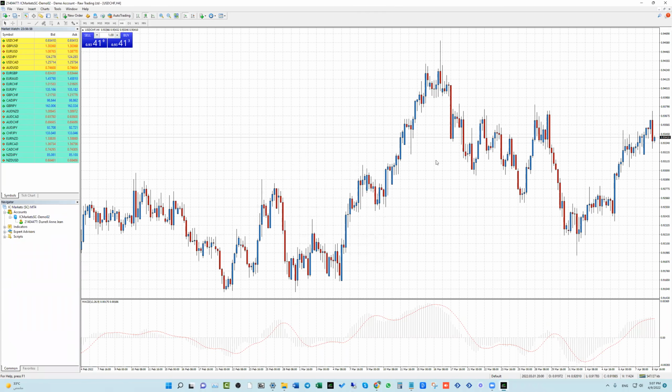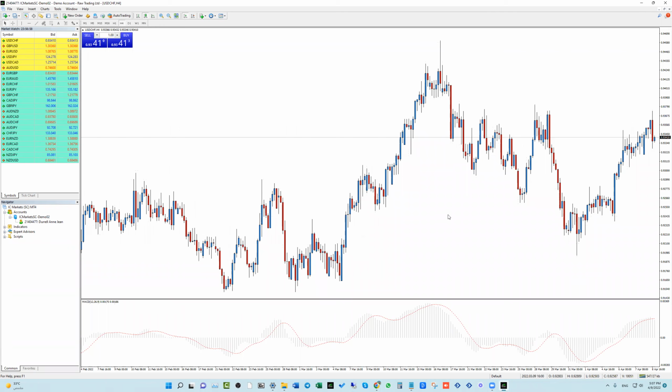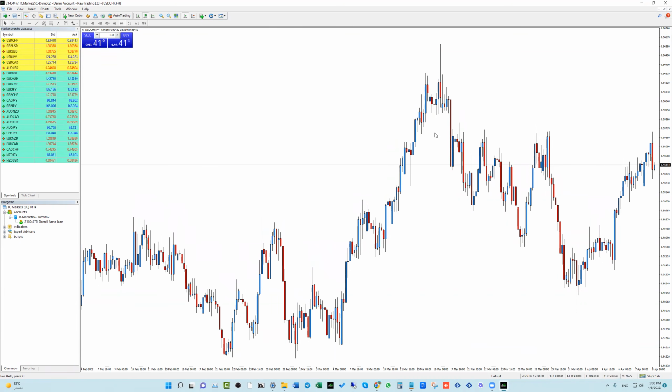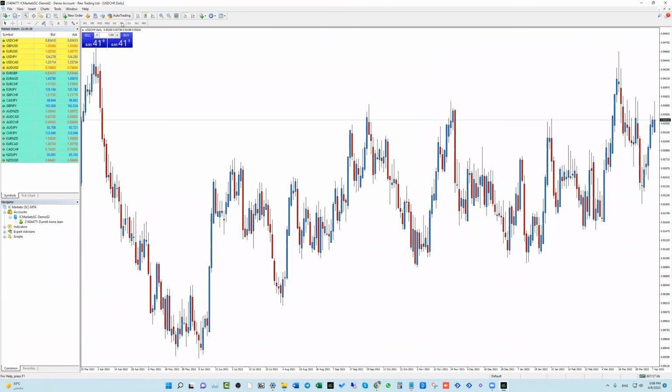Now I do not like to have a grid like this, all these boxes. What you can do, you just click Control G. Okay, G as in grid. So Control G, and I don't want this, so right click, delete indicator, or you can also right click from here, click indicator list, highlight it, delete. Okay, so now I have this as my clean one, as the first